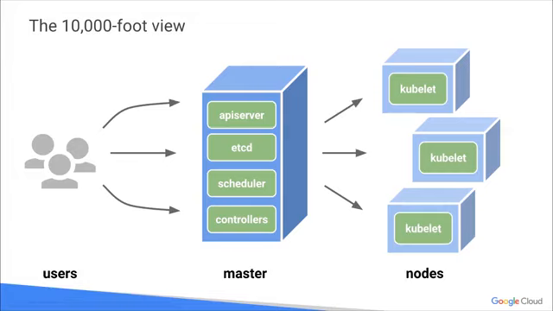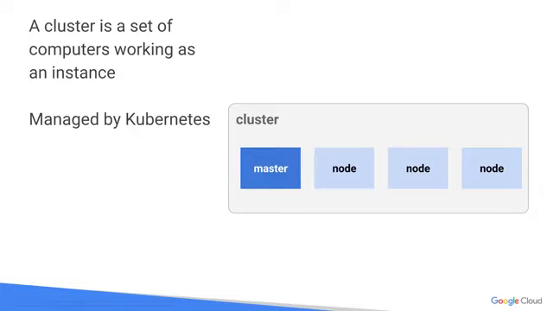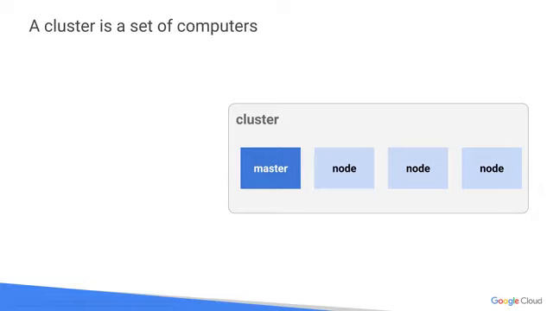Just to be very clear, Kubernetes is an open source orchestrator for container environments. And what does it really do? What does it provide those developers? Developers only really care about access to the API. That's all they really care about. And Kubernetes and containers provide them that access to that open API so they can program. And like I said, a cluster is a set of computers that works as an instance that manages all these nodes. Everything is managed by Kubernetes, which is an orchestrator again.